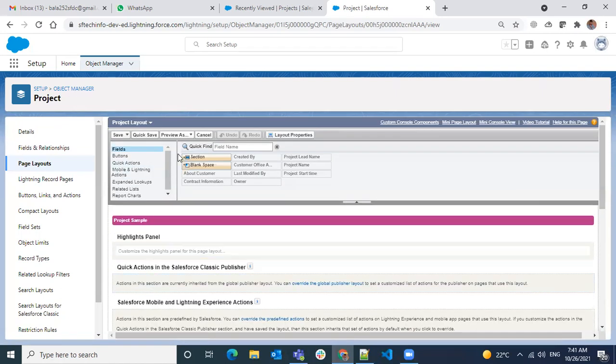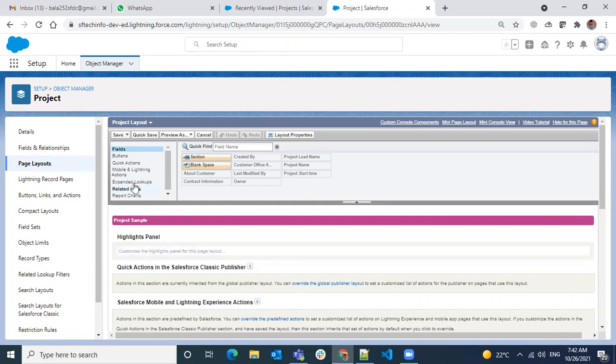The main things you need to focus on in the page layouts are these sections: Fields, Buttons, Quick Actions, Mobile and Lightning Actions, Expanded Lookups, and Related Lists, Report Charts. Right now we are working on the fields, arranging the fields. I'll come back to all this later.